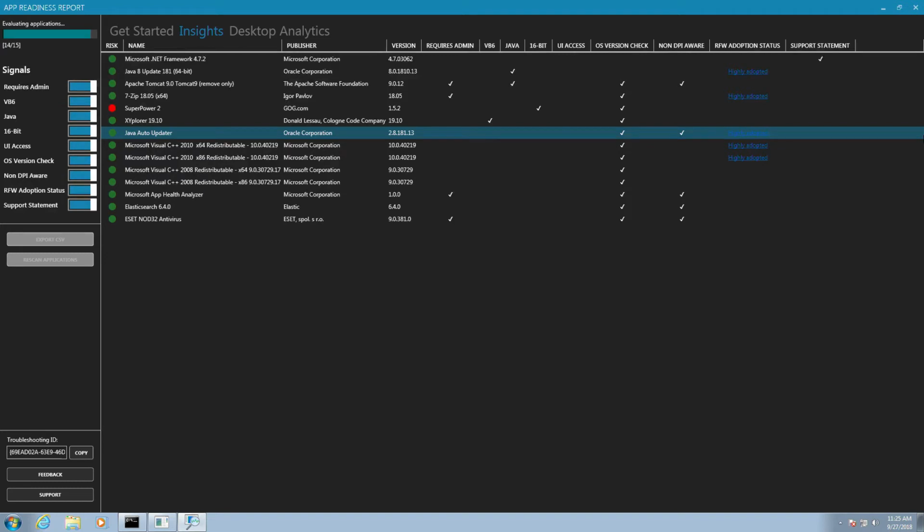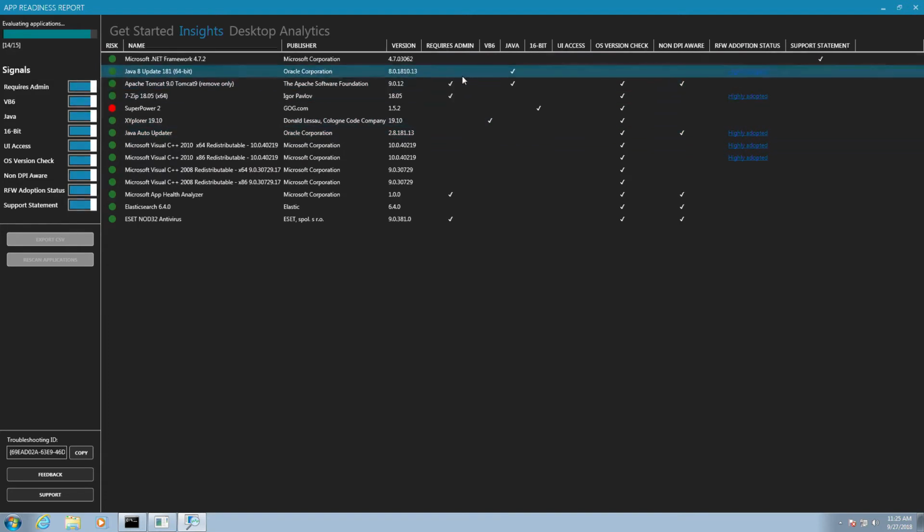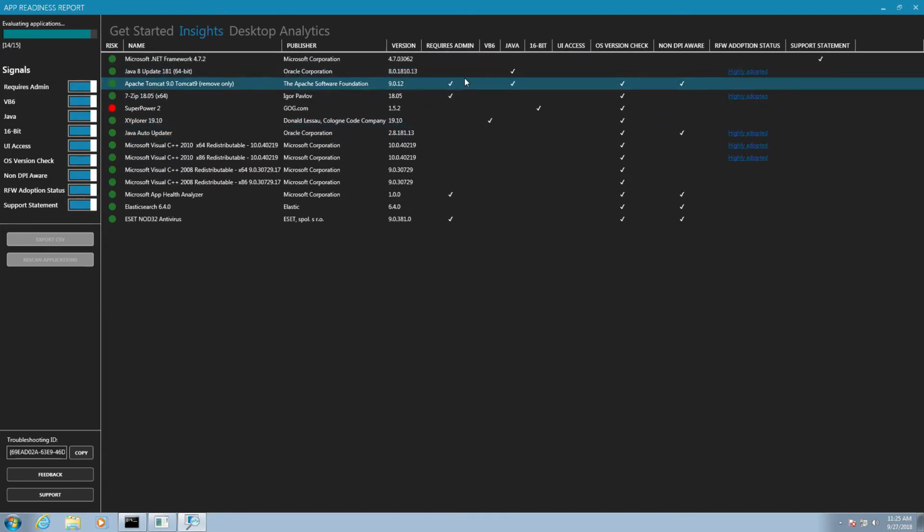The first signal that we have in this tool is Java dependency. You can see that there are 2 applications that are marked as having a Java dependency, one being Java itself, and second being Apache. What you can do with this signal is identify all the applications in your ecosystem that have a dependency on Java. The remediation we suggest with that is ensure that the latest supported JDK version is installed on the Windows you're trying to migrate to. This way, all the applications that depend on Java would work seamlessly on that Windows.